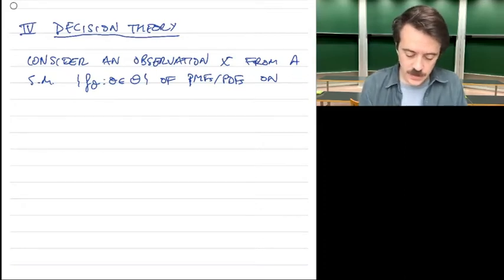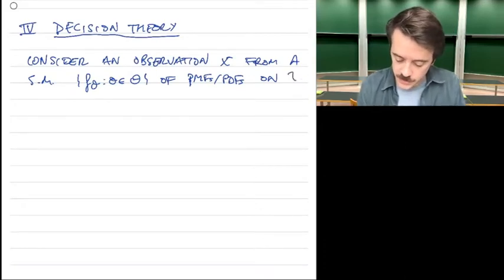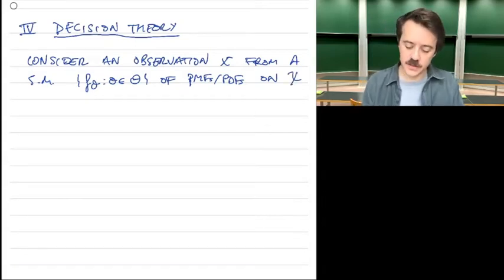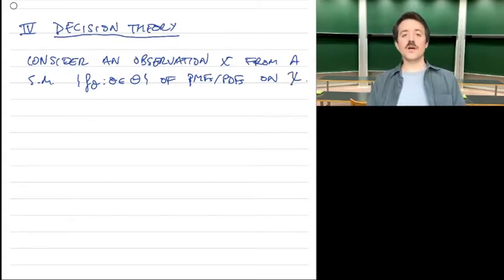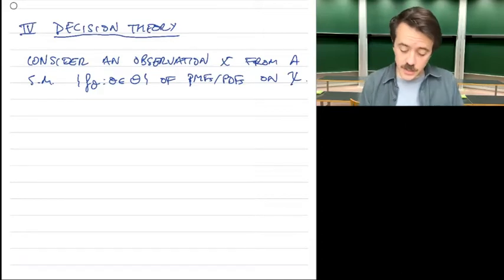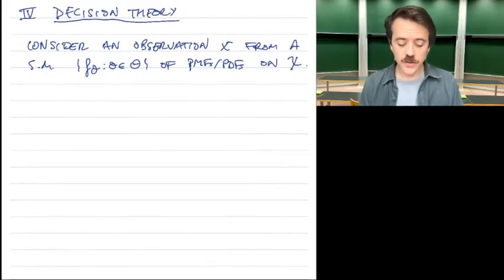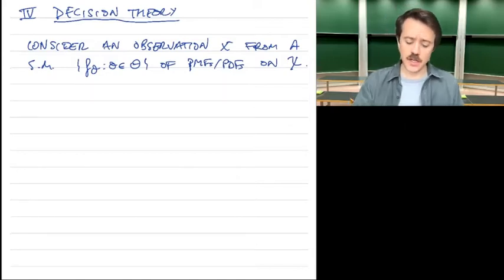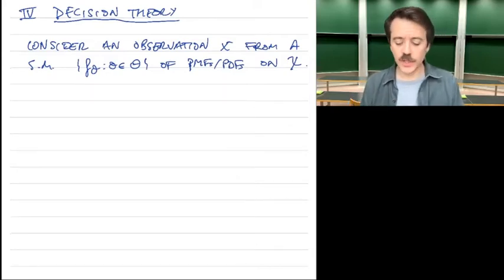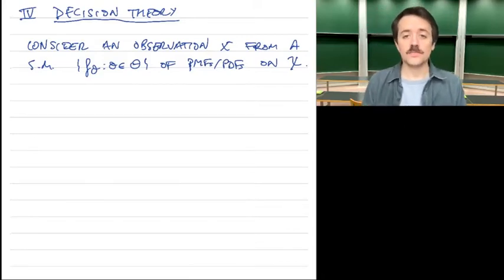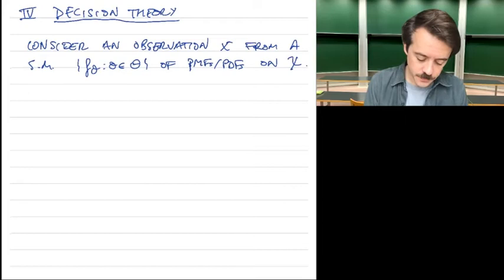Okay, so in decision theory, what we're going to have is decision problems. And for that, also to solve them, we'll need decision rules. Okay, so in a decision problem,